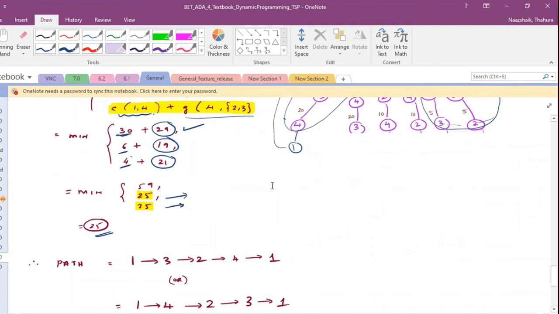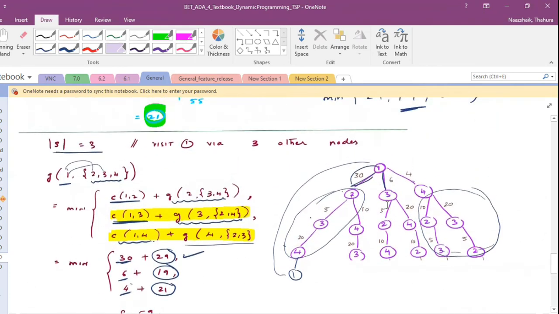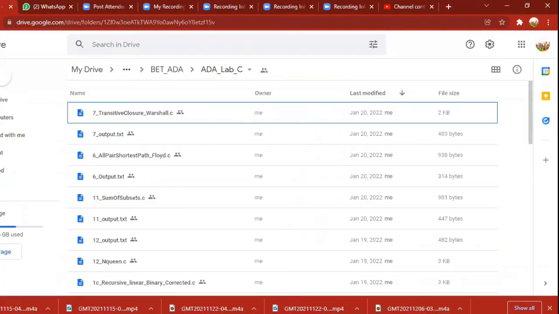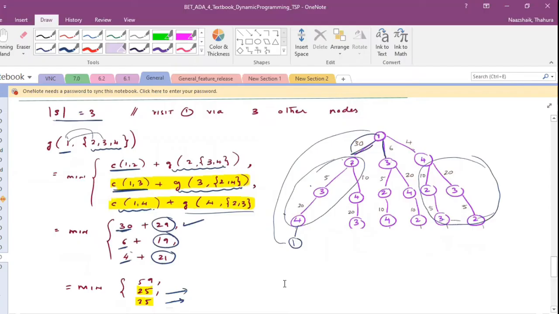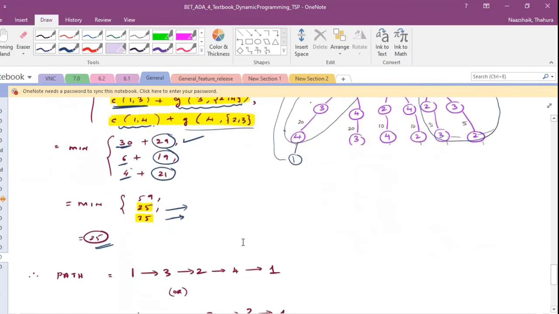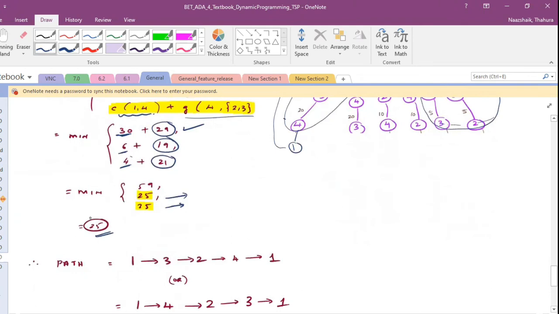So we are done. We have computed, we have gone till vertex number 1, and we have completed all the steps, right? So you know the minimum cost. The last part that is left is to find the path. So how do you find the path? Just go back, and whatever you had highlighted in the coloring, using that you can get your path. So just go up. What was your first path?